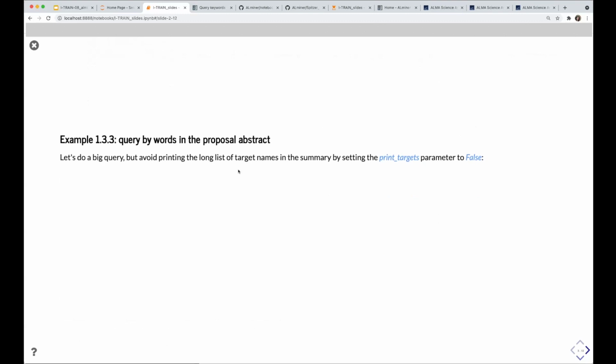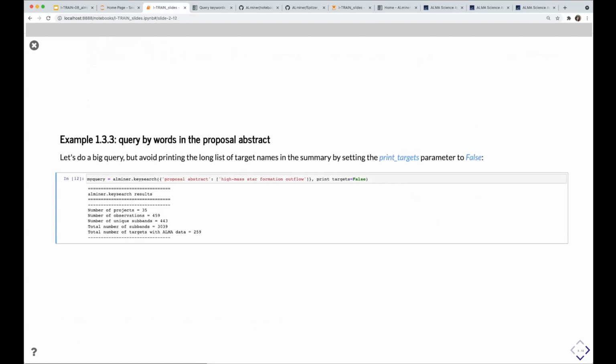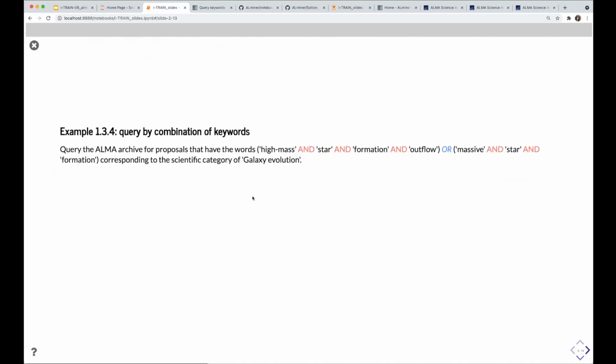The next example, you can search the proposal abstract, what I talked about in the intro of this function, and you can choose the print targets option to be false. For example, if you're looking for entire fields, you have here 259 objects that you may not want to print out to the terminal. To make it neater, you can choose not to, but you can always toggle it back on. Okay,